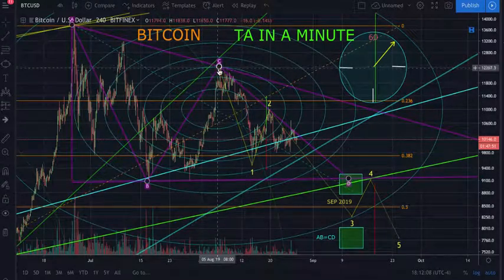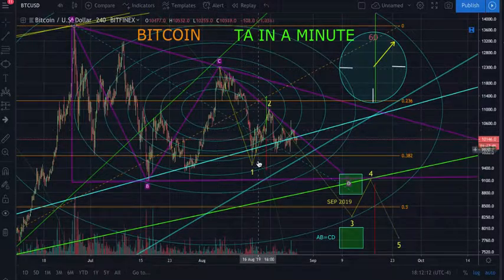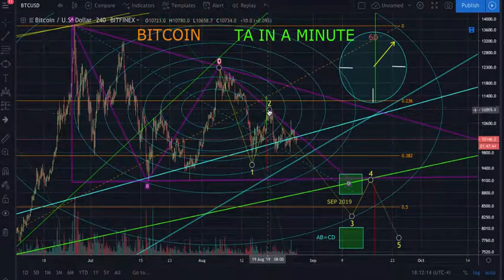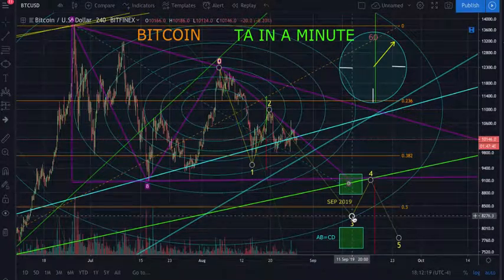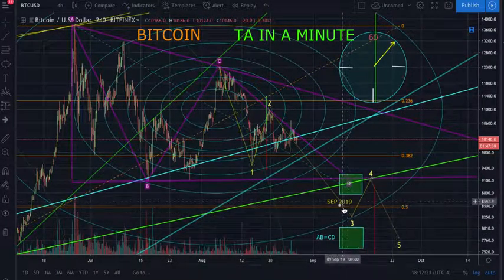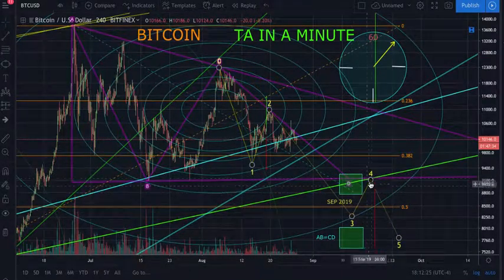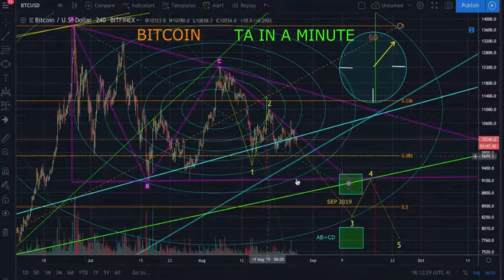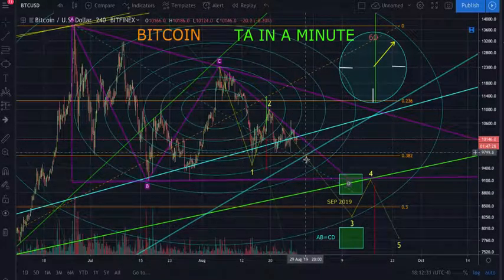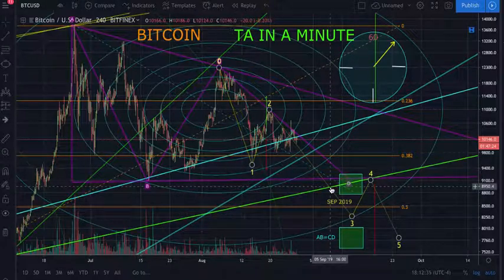So anyway, we have the first wave down here. We have the 2 wave, which is the correction off of the initial down thrust. And then from 2 to 3, which is our 3 wave, that would come down here and basically put us in the middle of this zone. So then we would get our bounce, which is the 4, and that's going to take us up. That would be the correction off of the 3. And the 3 wave is often the longest wave, but it's never the shortest. So it could potentially not come down this far. It could come down to like right here.